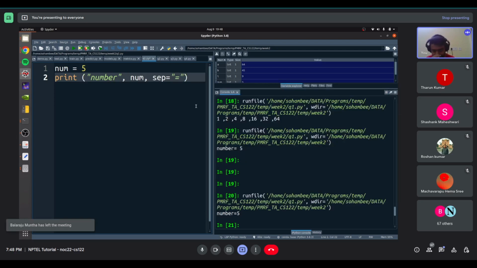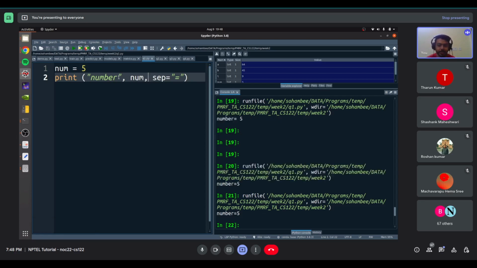Okay, so this will also print the same thing. So instead of putting the separator here, it will put the separator here. So if you want to print multiple things after, say, number, and then suppose you want to put number plus 1,